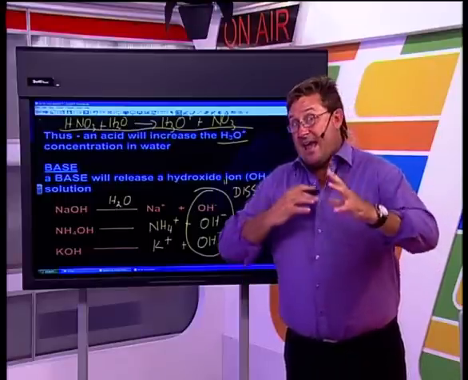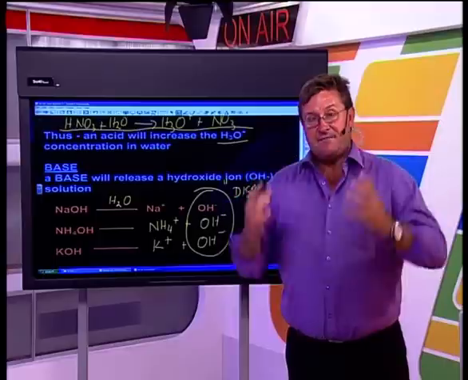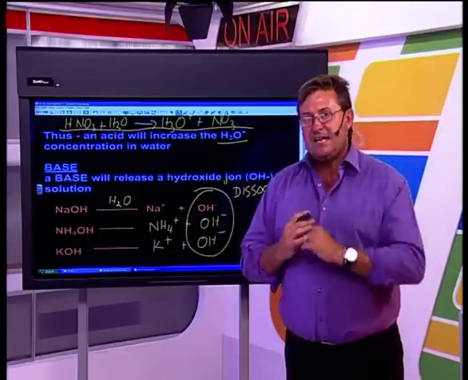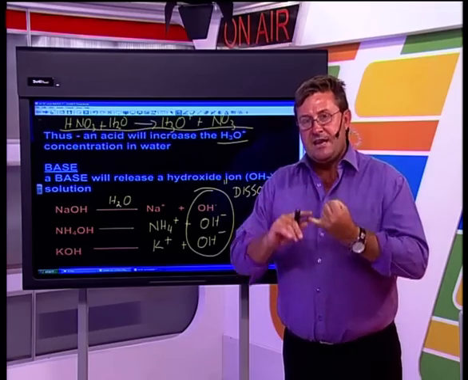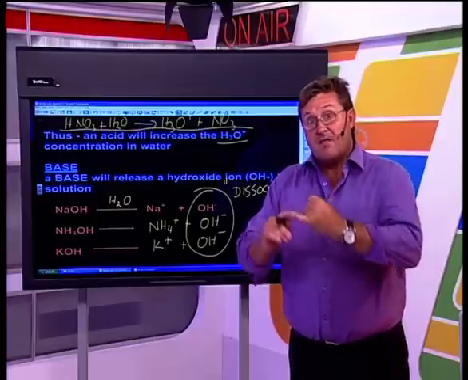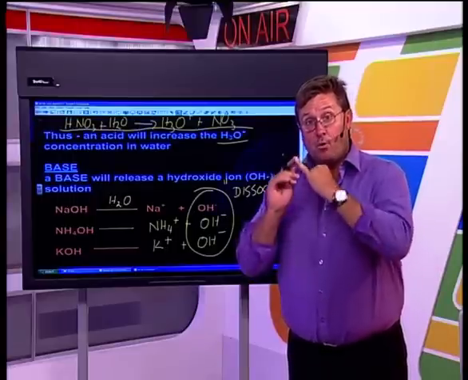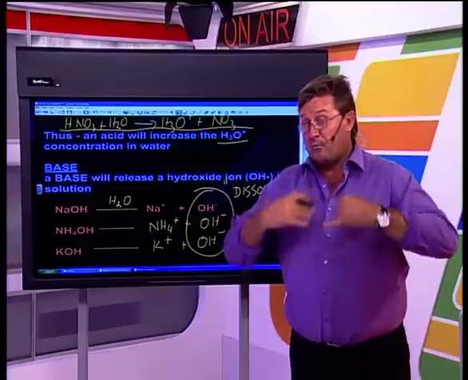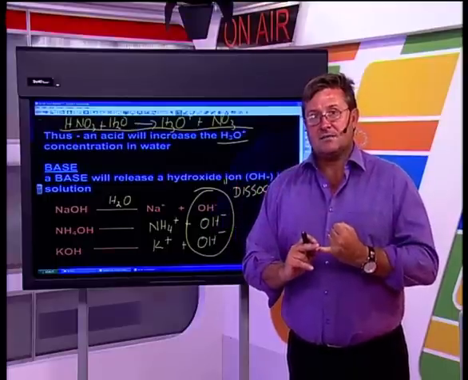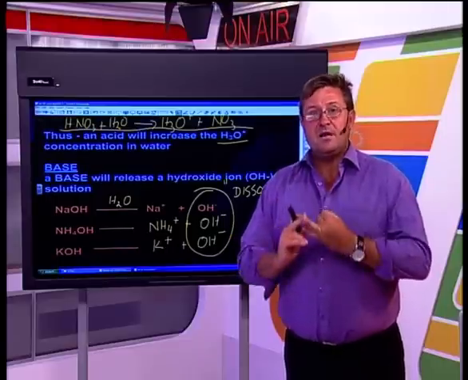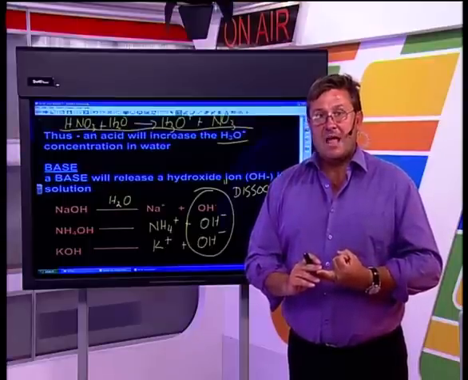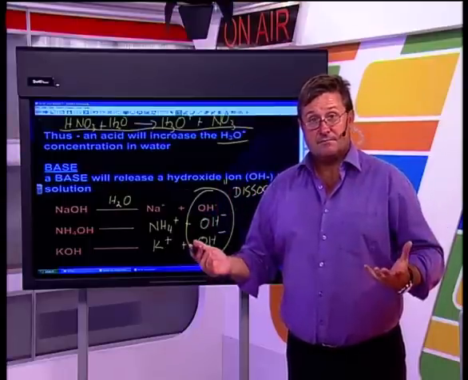Okay, so to summarize the Arrhenius definition, which is our first attempt at an acid-base model, remember 1887, a long time ago, what did Arrhenius say? He said acids will release hydrogen ions into solution. The hydrogen ions will immediately react with the water because they're simply protons, and protons are very reactive and can't exist by themselves, and we form hydronium ions. Bases will simply release hydroxide ions into solution.